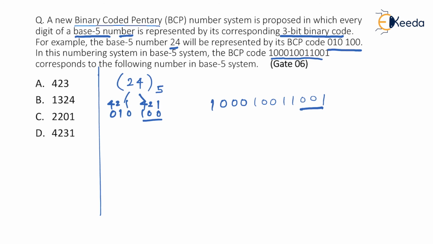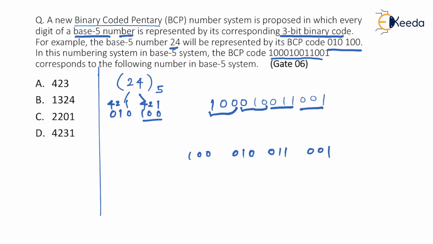So this becomes the first group, which is 001. Next group I can say 011. Next group I can say it is 010. And the last group is 100. Luckily we got exact groups, right? So always remember, whenever you are grouping bits, whether in groups of 4 or groups of 3, always start from right to left.